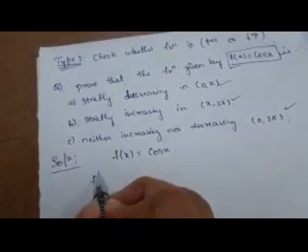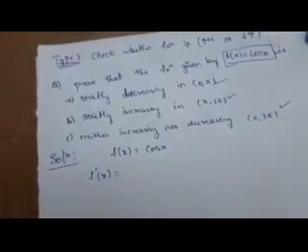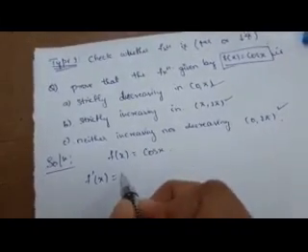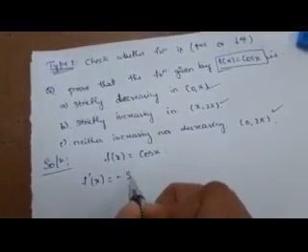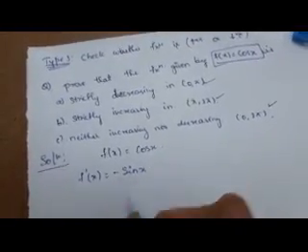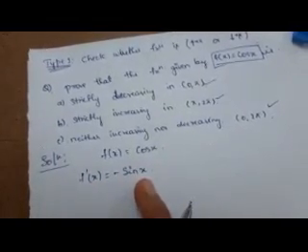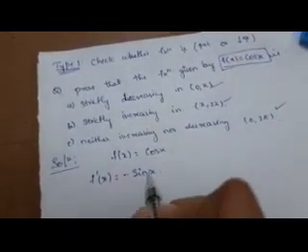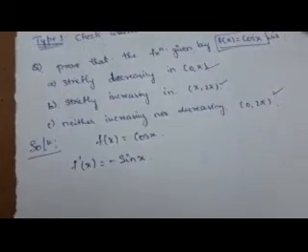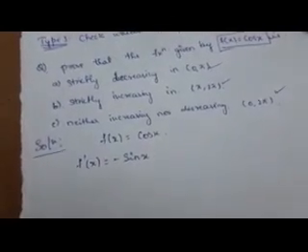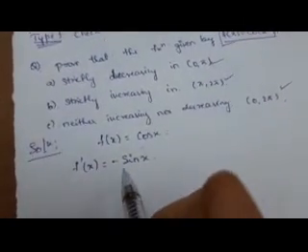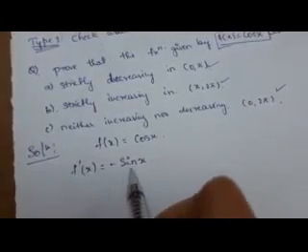First step, let us find the differentiation of the given function. What is the differentiation of cos? It is minus sin x. So we have differentiated the given function, that is f dash of x is equal to minus sin x. When we are talking about trigonometric functions, we should have a clear idea regarding the quadrants, the basic things regarding trigonometric functions. So now we got f dash of x is equal to minus sin x.